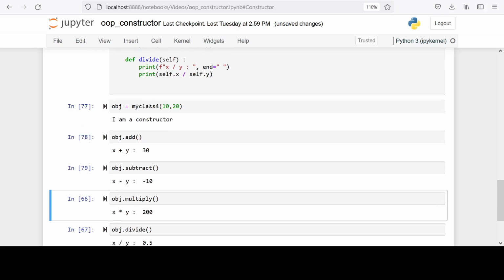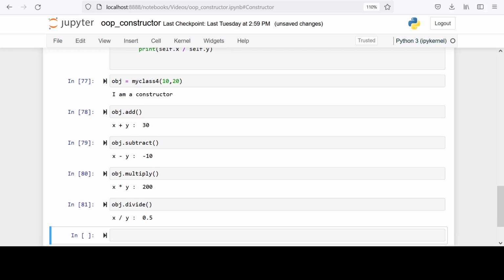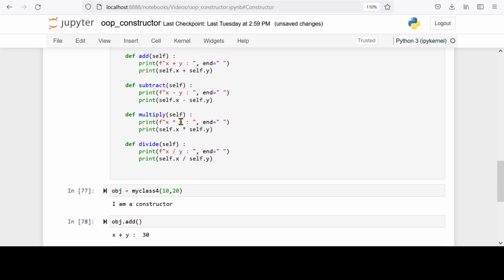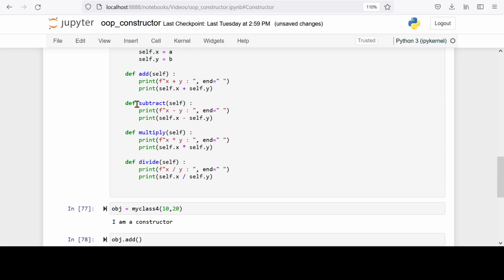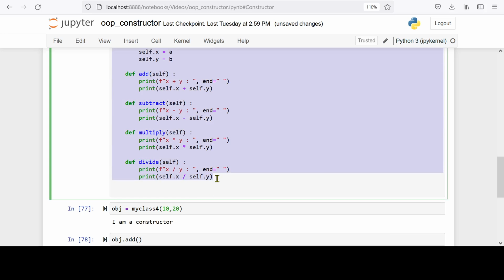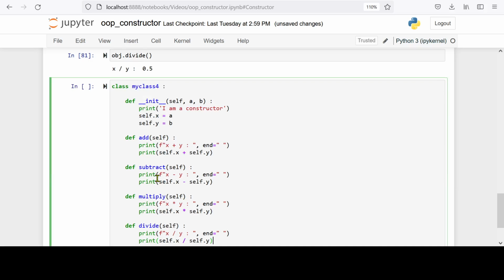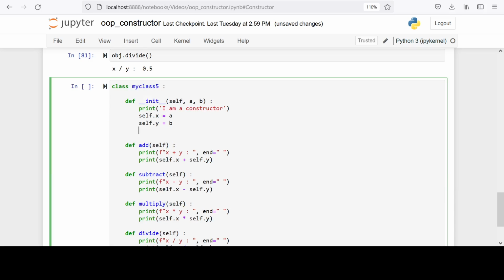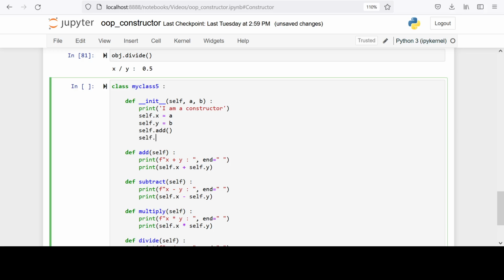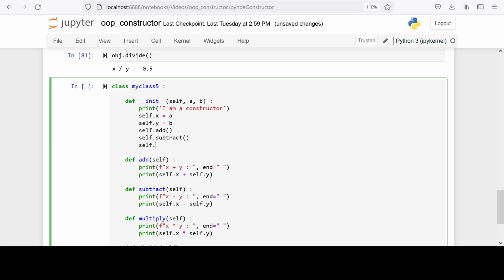obj.subtract, subtract method will get invoked. obj.multiply, multiply method will get invoked. When I invoke divide, divide is getting invoked. And they are doing what has been written inside respective methods. Now let us write another one. This time we will make a little modification over here, and here we will say self.add, self.subtract,